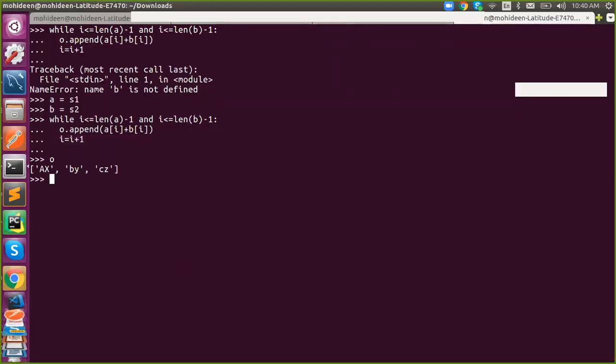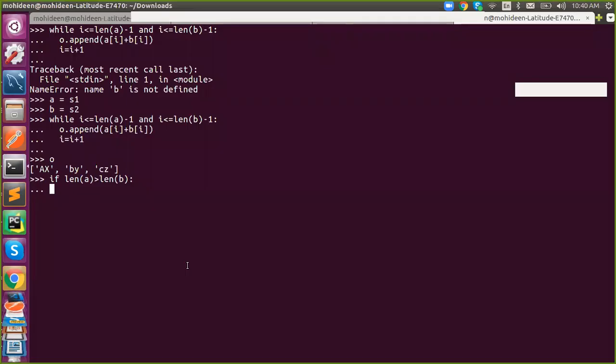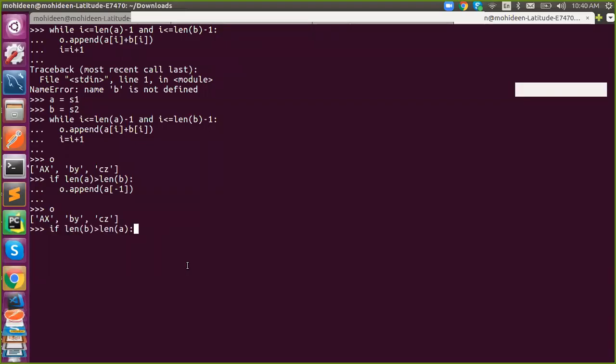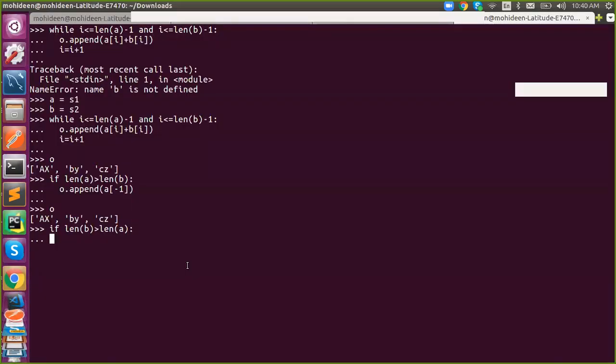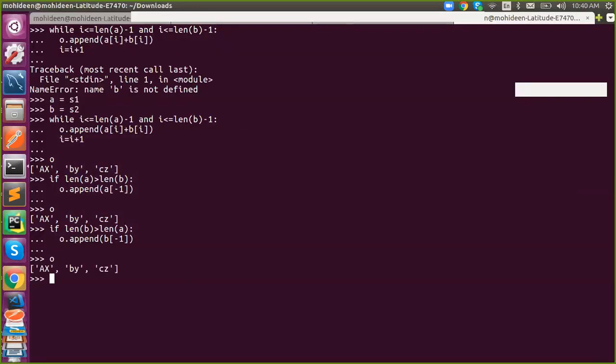My current O is like this. See. Now O became... I think you kept it inside a list, right? Yes. No, you need to keep it inside a while loop, right?